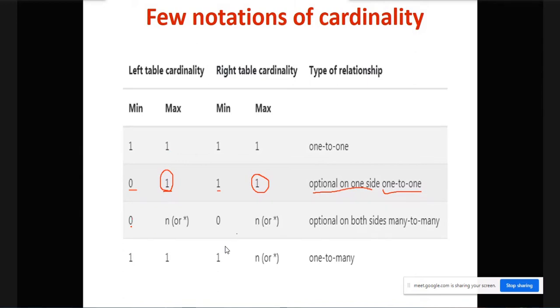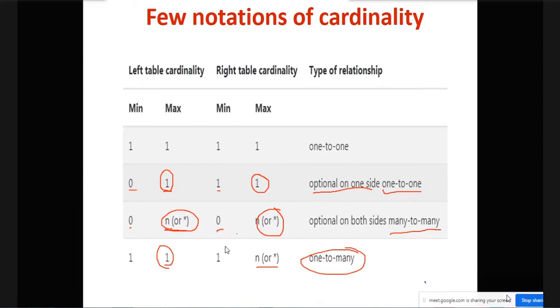Again, same way, if it is minimum 0 and maximum many, maximum is many, so many is accepted. Similarly, minimum 0 and maximum again many, so many is accepted. So it is many to many. So don't get confused if such notations are asked in the exam. Again here 1 to 1, maximum is 1, so it is 1. And here maximum is many, so it is 1 to many. Clear? These notations are simple, but as they were not covered for the students at that time, it was difficult for them to understand. It was simple, but we can't say whether students will understand or not.